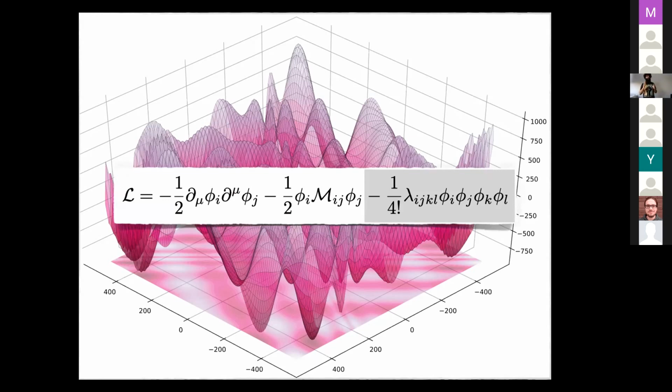So, having found the minimum in the string basis, we can then transform all the quantities through the canonical basis to the mass eigenbasis. And we end up with a Lagrangian that looks like this. I've grayed out the quartic coupling part of the Lagrangian because for now I'm not going to talk about that. However, just taking the quadratic part of the potential, the masses now are just the eigenvalues of n.